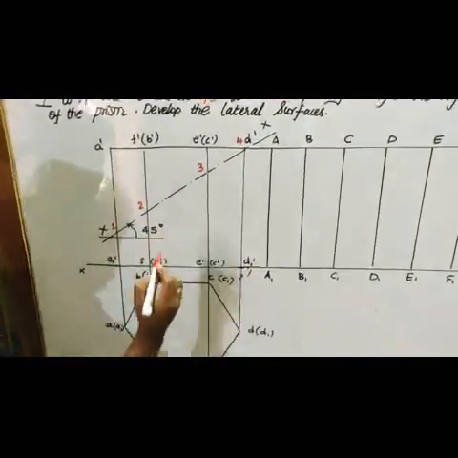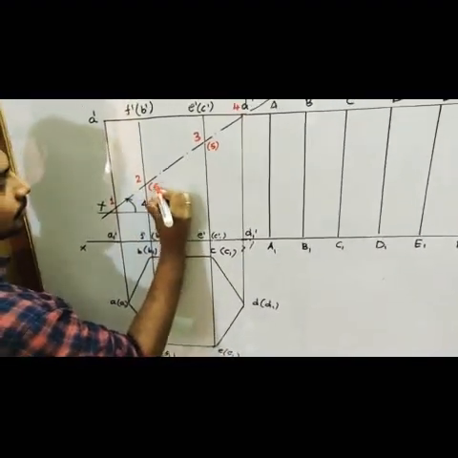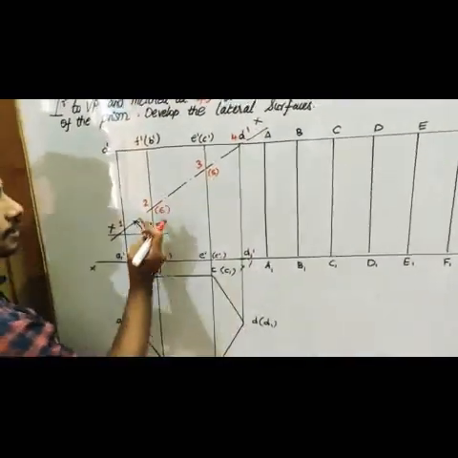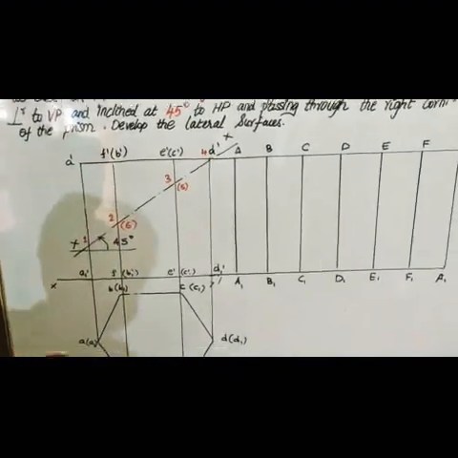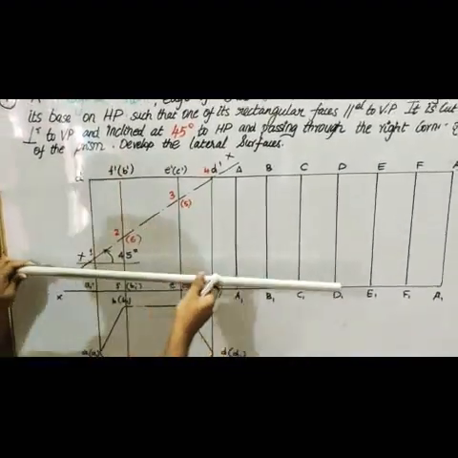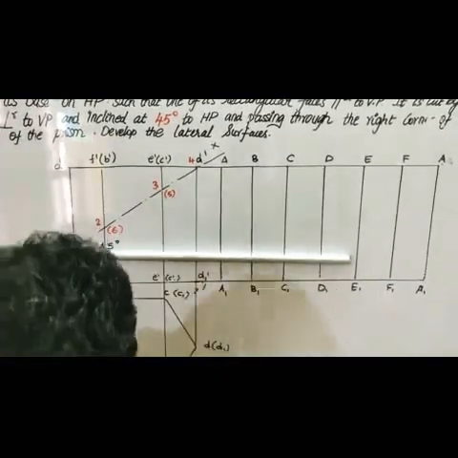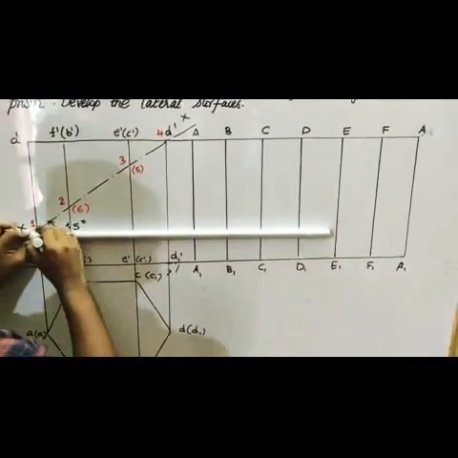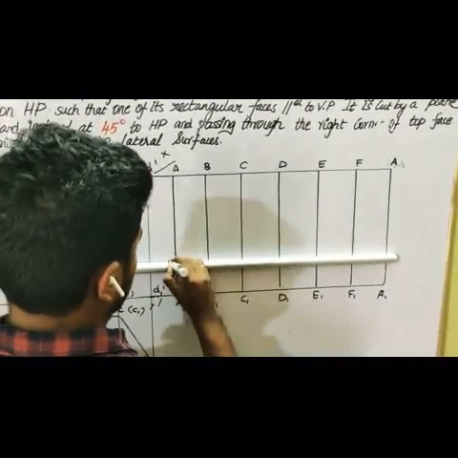So this is your side 5, which is hidden, and this is your side 6, and again it is 1. So 1, 2, 3, 4, 5, 6. So you have to reverse it like this. Now I am going to draw a horizontal line for this development from my cutting edges. From these cutting points, I am going to draw a horizontal line to the development like this.